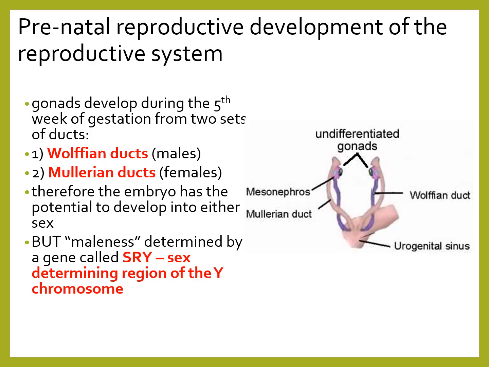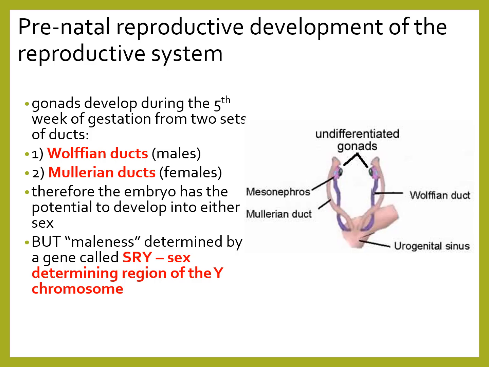And again, I'm referring to males as being XY chromosomes. Physiologically, they are going to have functional testes. The female is going to have two X chromosomes. Physiologically, they are going to have functional ovaries. So really, the embryo has the potential at that 5th week, when those two ducts are there, to develop into either sex. But quote unquote, maleness is determined by a gene called SRY, the sex determining region